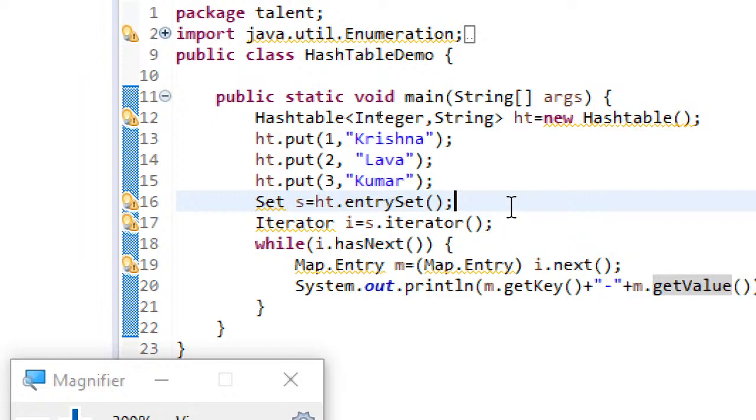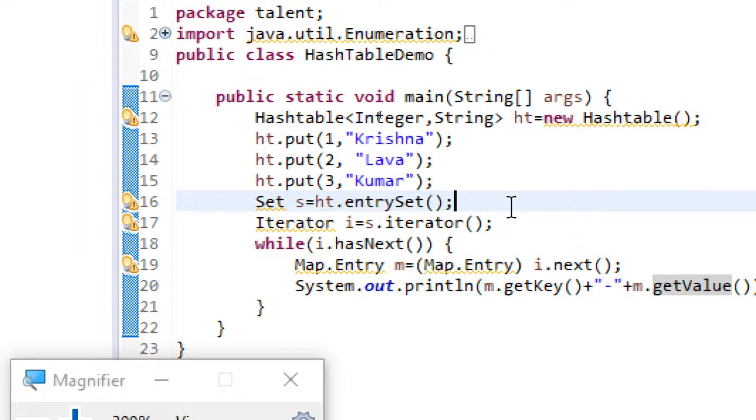And coming to the implementation of the Map interface, we have the HashMap class. HashMap is a class that is the implementation of the Map interface, which will not maintain any insertion order. Then what if I want to maintain insertion order?